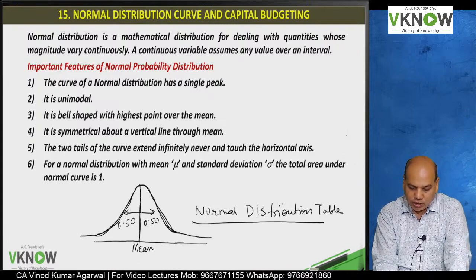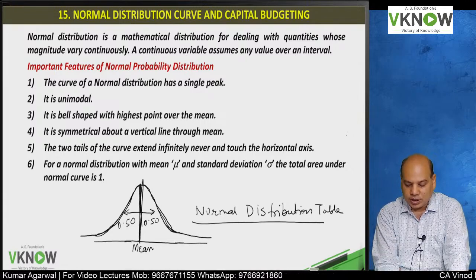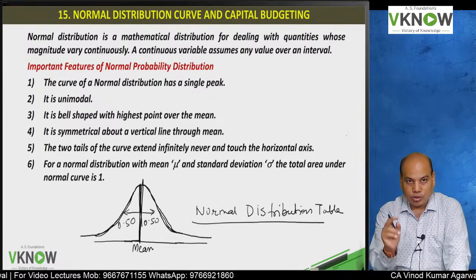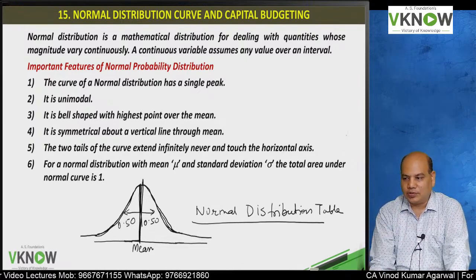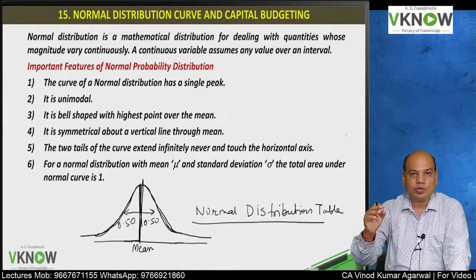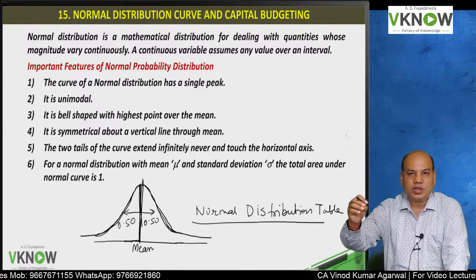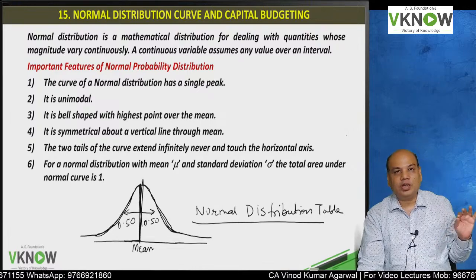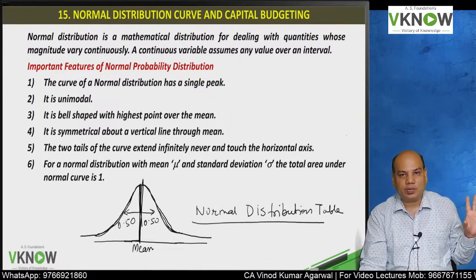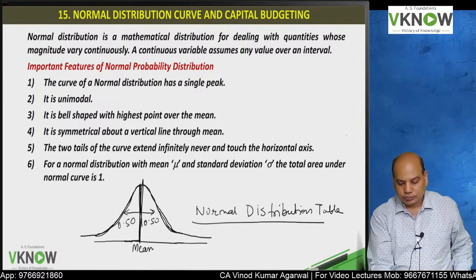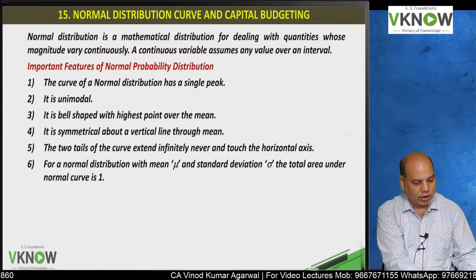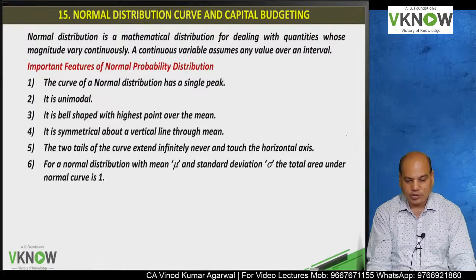The purpose of the normal distribution is that we can find the probabilities of a certain variable by looking at the normal distribution table. Knowing the probability helps us to understand the risk. If the NPV of a project will be negative with 0.2% probability or 5% probability, I will say risk is less. But if NPV can be negative with 100% or 90% probability, I will say risk is more. So that is the normal distribution curve. First we will read a few notes today, then question answer we will take in the next lecture.